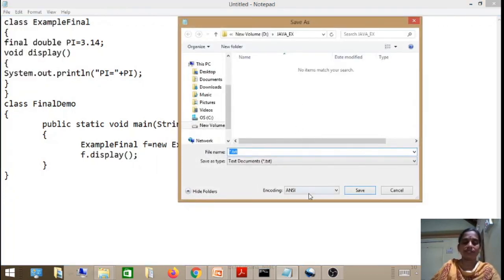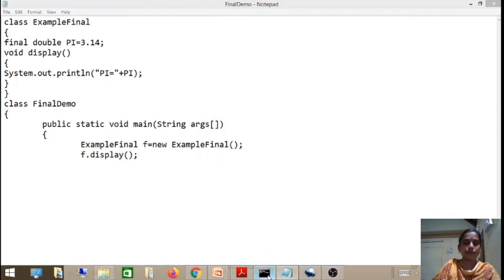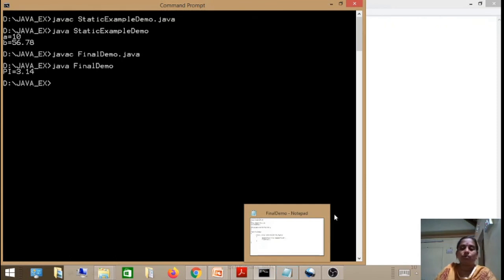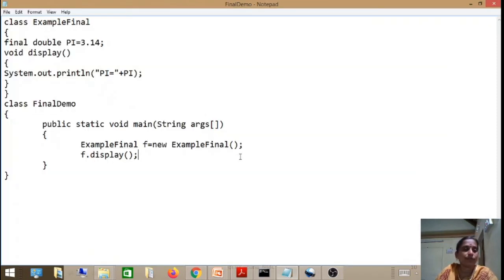Now I am saving this in the working directory with the name FinalDemo.java. Now I am going to compile this code: javac FinalDemo.java, then java FinalDemo. That's all. So now the value of pi is 3.14.